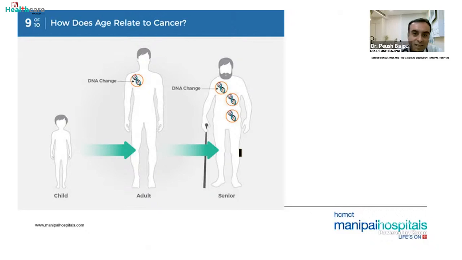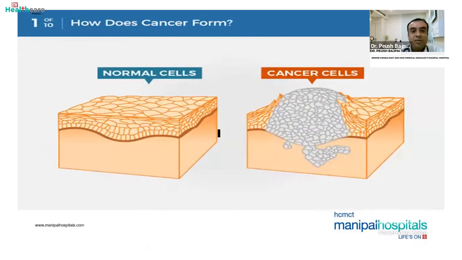So most of the times cancer happens in the extremes of age, though we do get to see middle-aged individuals having malignancy, but the most common prevalence is in the extremes of age. When we see what eventually a tumor is, it's just an accumulation of these cancer cells, as we can see over here in the cartoon on the right, that these aberrant cells keep on accumulating and form a mass, and this is what is called a tumor.